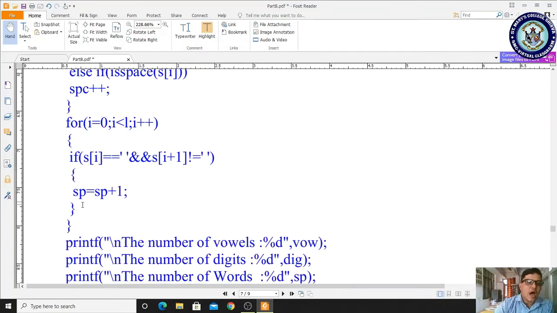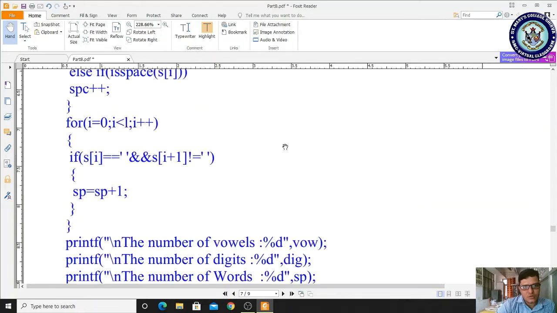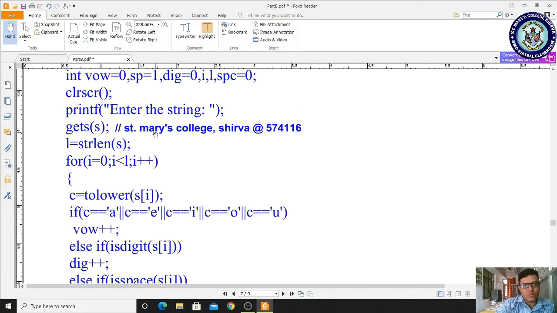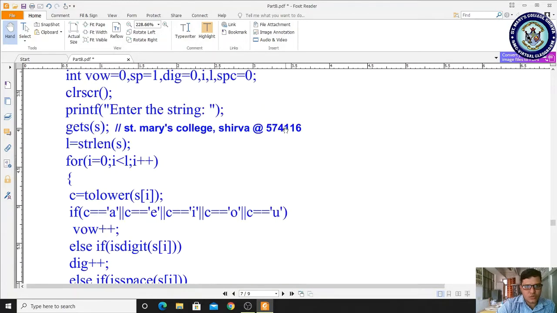Okay, afterwards we are displaying the output with printf: the number of vowels, percentage d, vowels. So as we know here, 1 2 3 4 5 6, 6 vowels exist. It will print 6 vowels and digits. Let us see, 1 2 3 4 5 6.